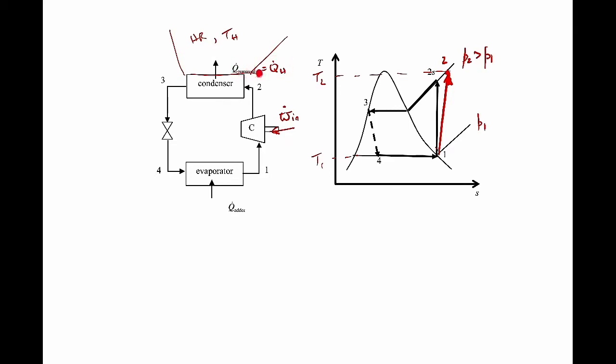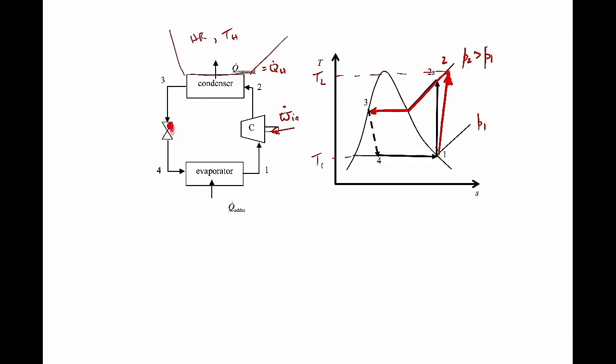I say removed because it's removed from the working fluid. But this is what we care about in a heat pump cycle, is we want to get energy into the hot reservoir. For example, the hot reservoir might be your home in a residential heat pump application. You're trying to get energy into your home. Now, the working fluid goes through the condenser at constant pressure, so that means that we're going along the isobar on our TS diagram. And then at state 3, we're in a saturated liquid state, and that's leading into the